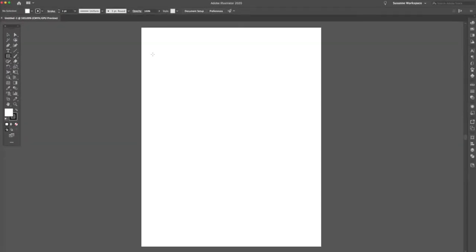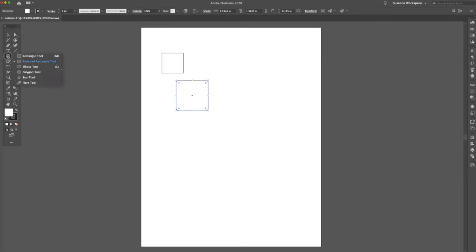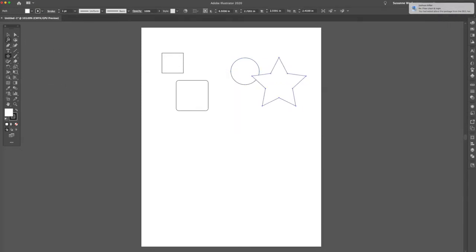So let's just make a bunch of shapes. All right, we'll just make a variety of different kinds of shapes. Okay. So now you can take these various shapes, and once you have them selected, again, I'm using my selection